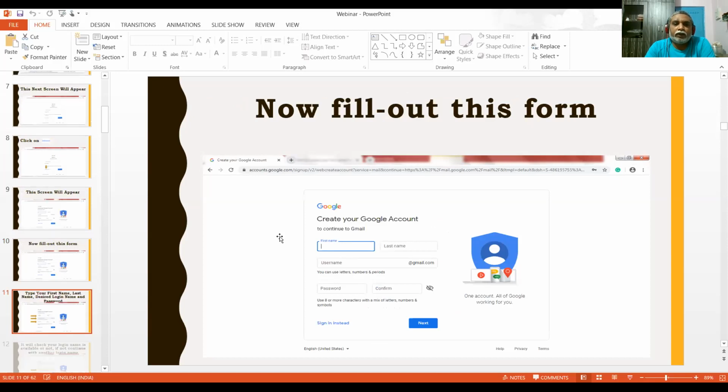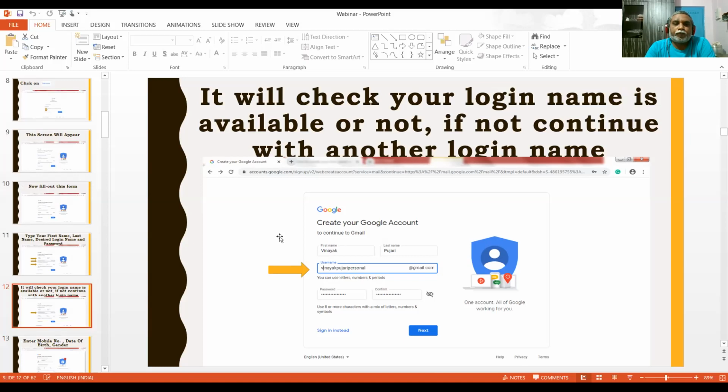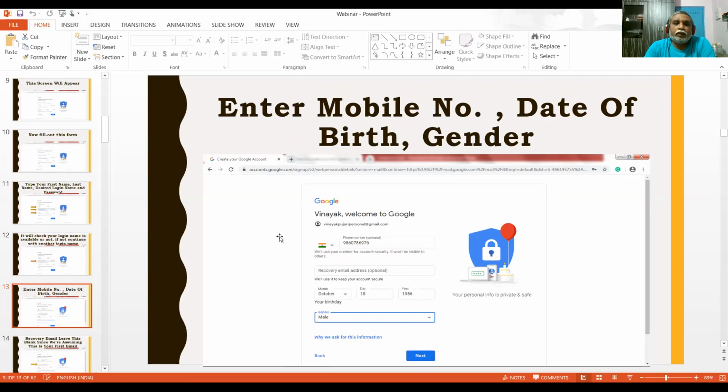After that, you type the password again, then you enter your mobile number, because your email is connected with the mobile number. Then you enter your birth date.